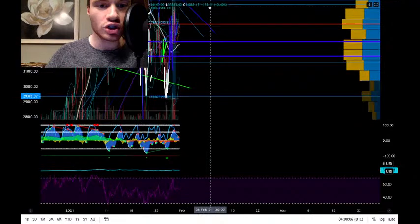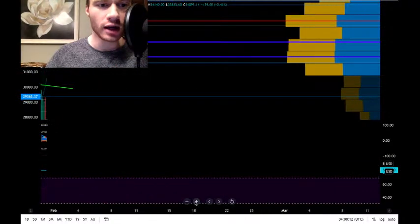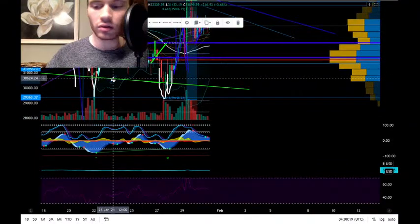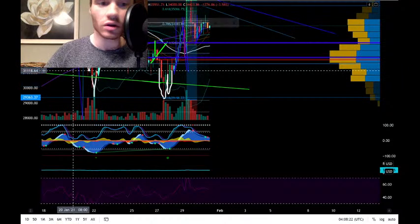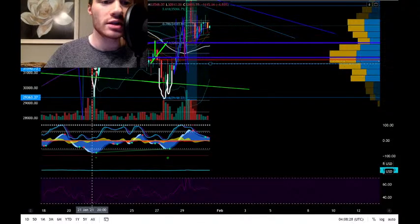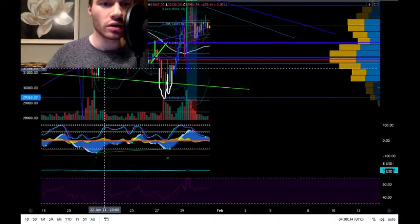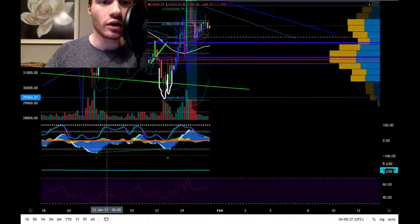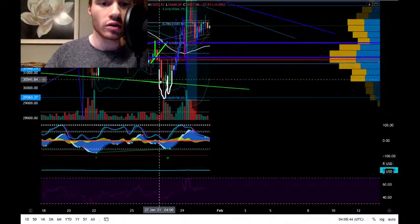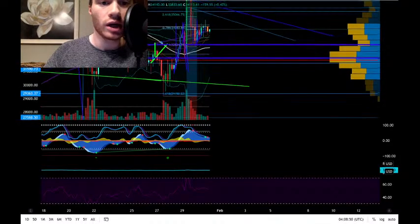And then it looks like we have this double bottom idea right here. Hard to see. I drew a lot, you have to zoom in. So we're consolidating right now is the very short answer. This was a support flipped resistance idea, but it's probably just going to confuse you guys. And it was drawn a little bit sloppy. I do not have a steady hand drawing. So that's just one thing on the channel, but I hope you guys get what I mean. That was a double bottom right there that played out. We were talking about. Alright, so